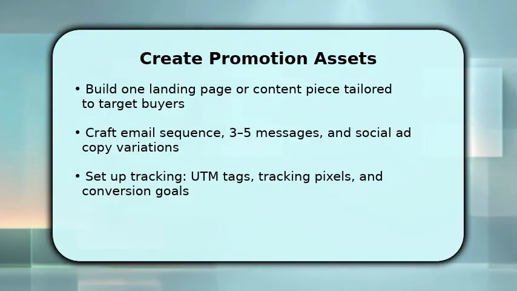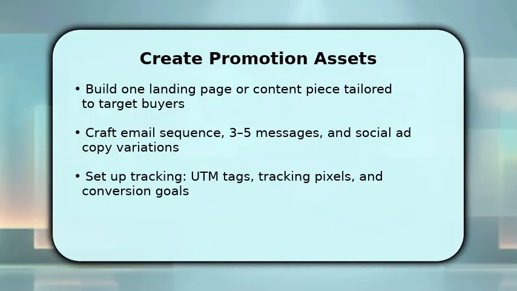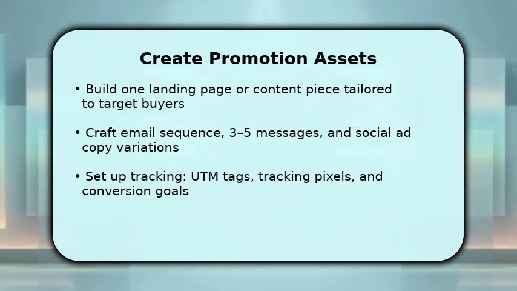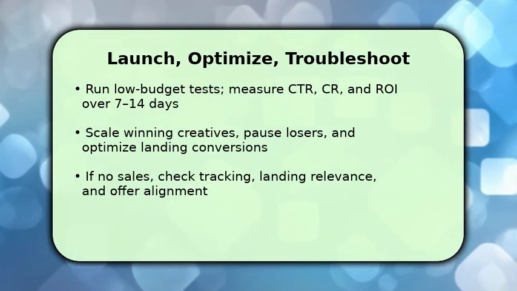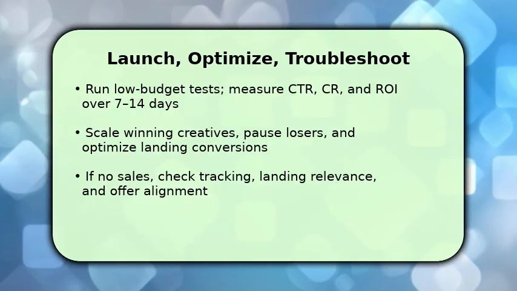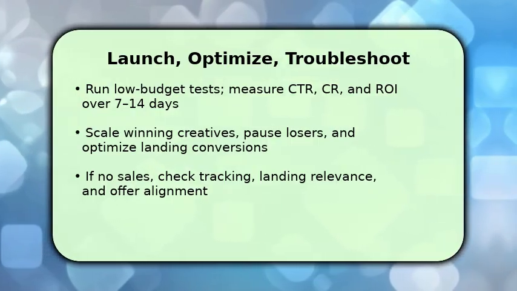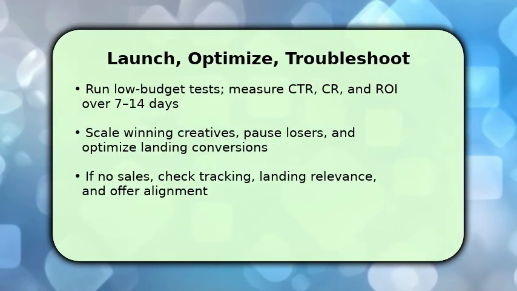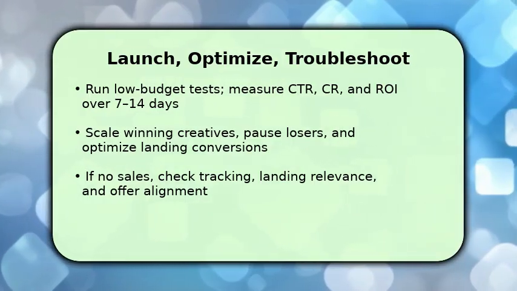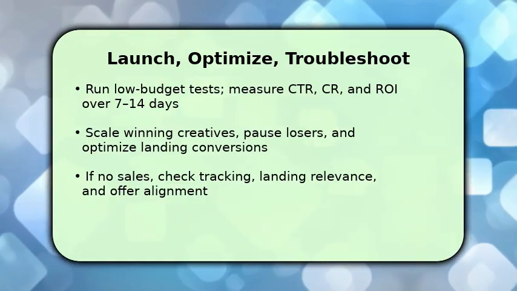Make sure to implement UTM tags and any tracking pixels so you can measure which channels and messages generate sales and scale the winners. Now you launch tests and monitor performance closely. Start small and track click-through rates, conversion rates, and cost per sale for 7 to 14 days. Once you see winners, scale those creatives and budgets while pausing underperformers, and continuously tweak your landing copy and CTA